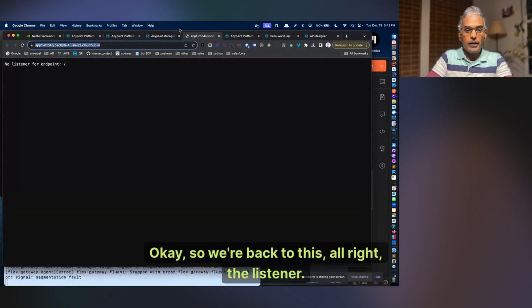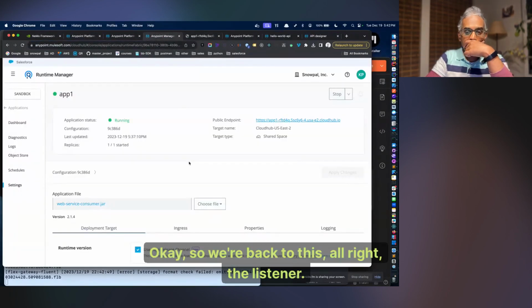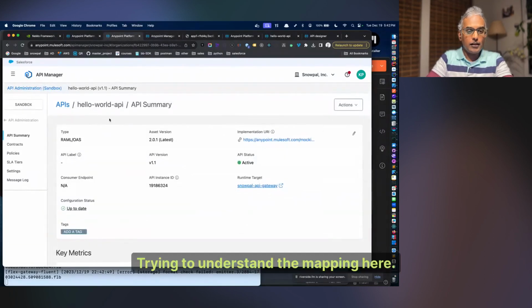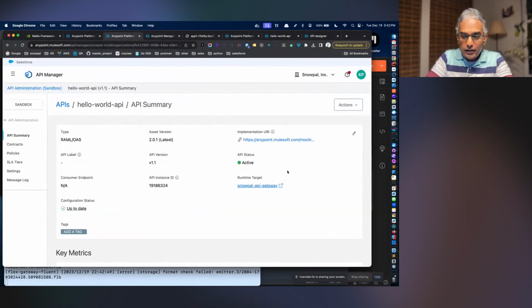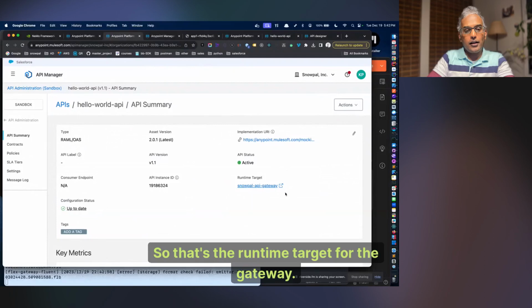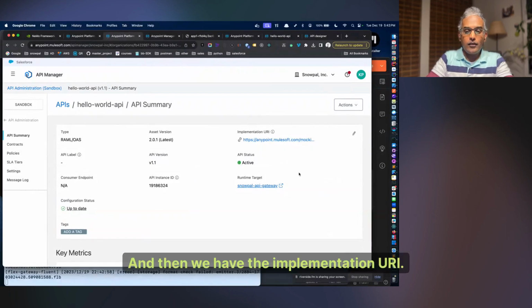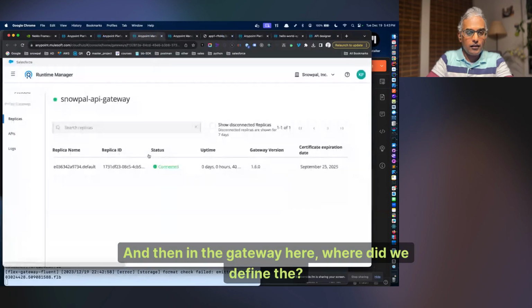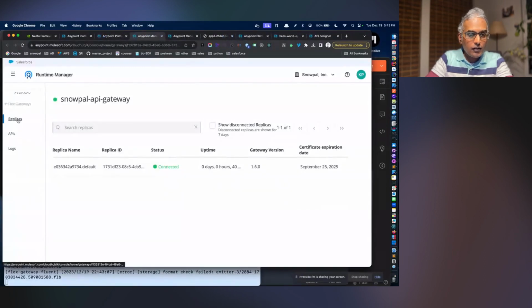Okay, so we're back to this. All right, the listener. Trying to understand the mapping here. So this is the runtime target for the gateway. And then we have the implementation URI, and then in the gateway here, where did we define the